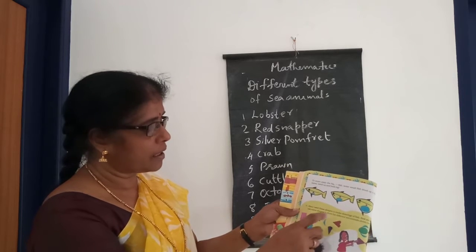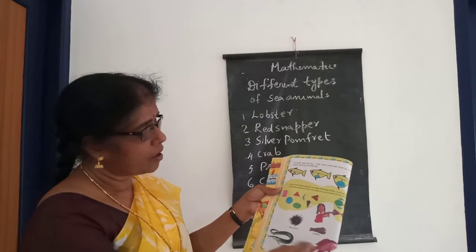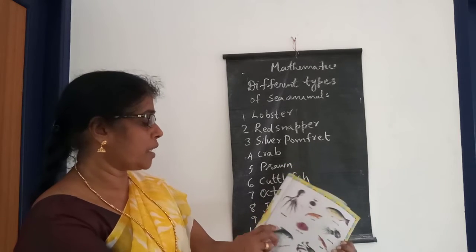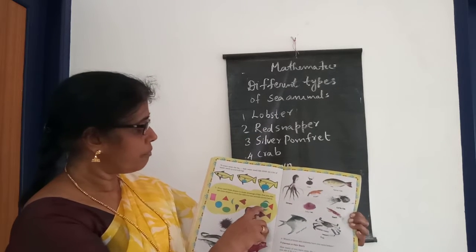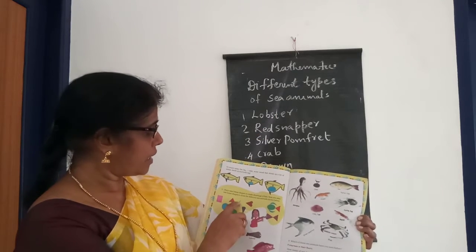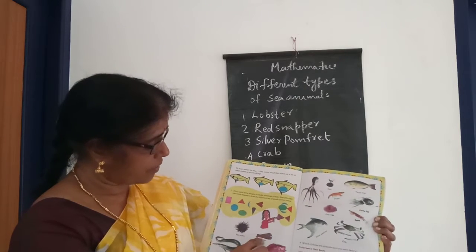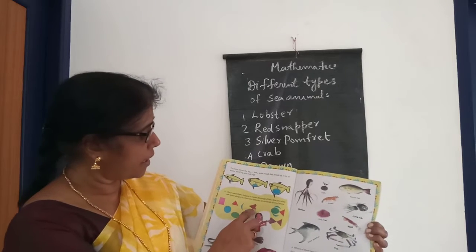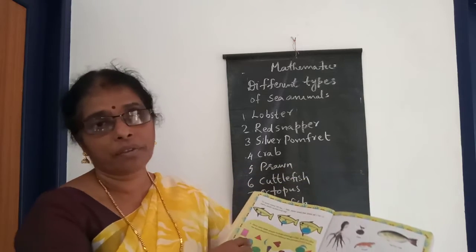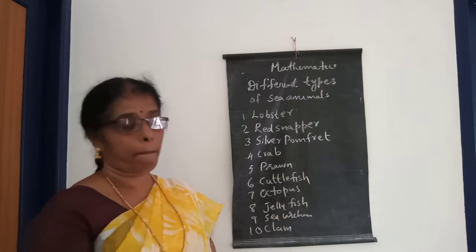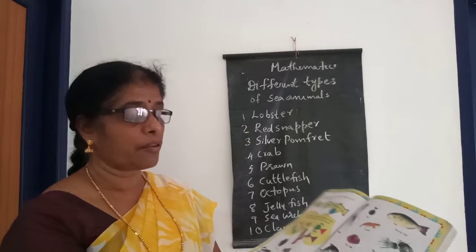How can you use that time, children? You can make use of these shapes, and from these shapes you can draw some fish. Yes, listen, one example is already given here. This oval shape, triangle and this shape are used for drawing the fish. And next to this one, lobster is already given here, this triangle and this shape are used, and they draw this lobster. Likewise, you can make use of these shapes in the assignment time.